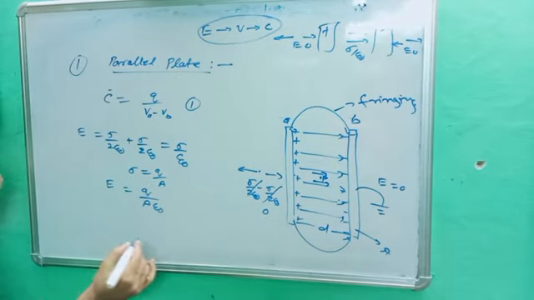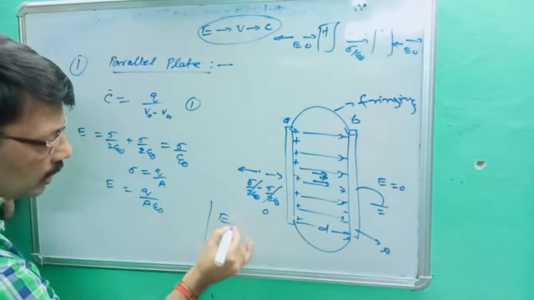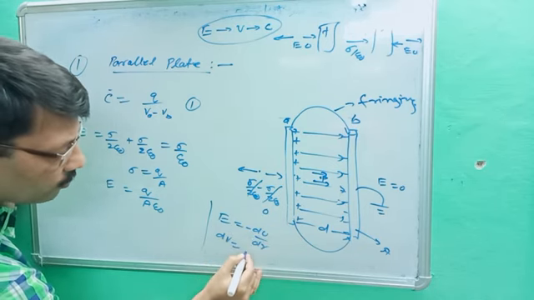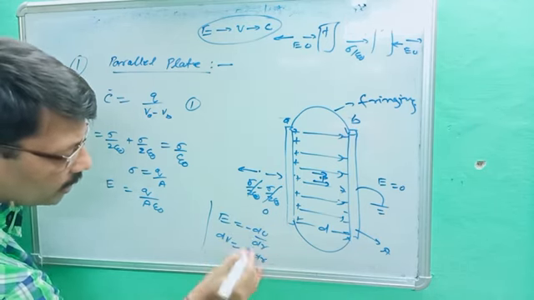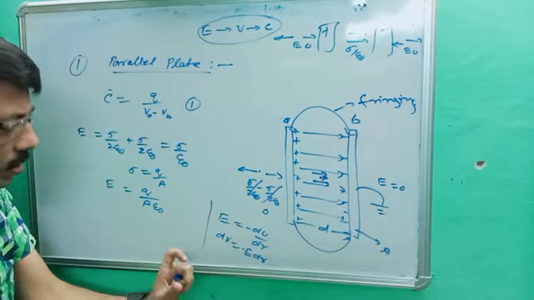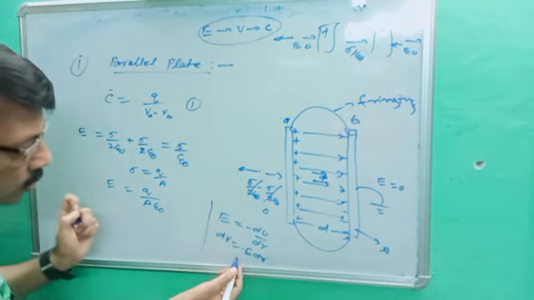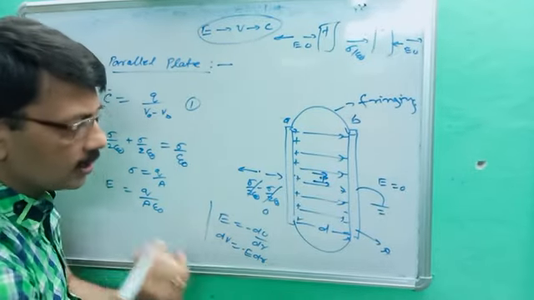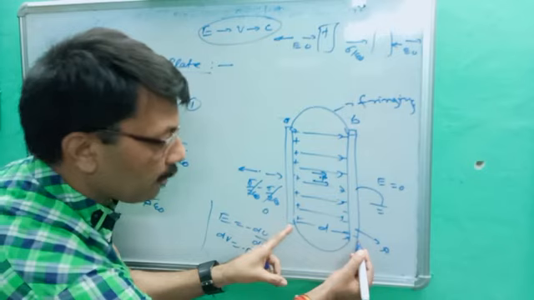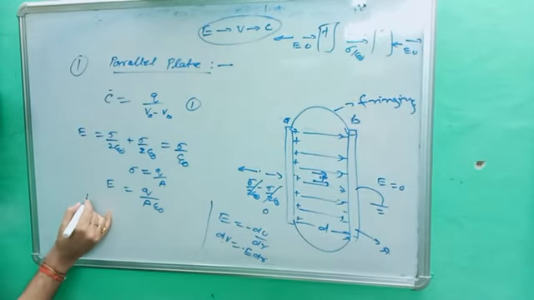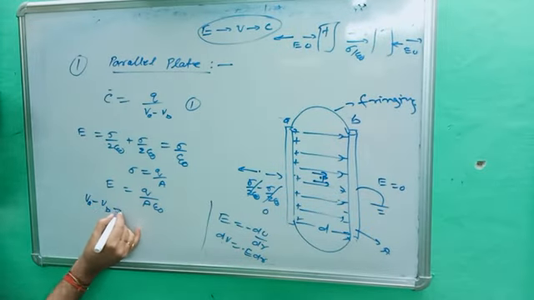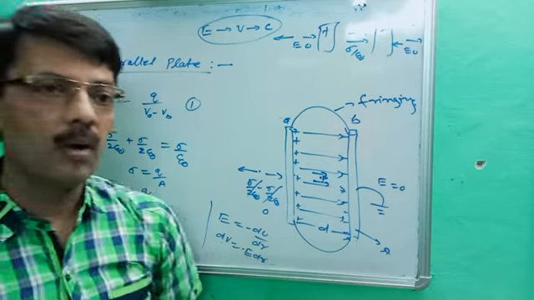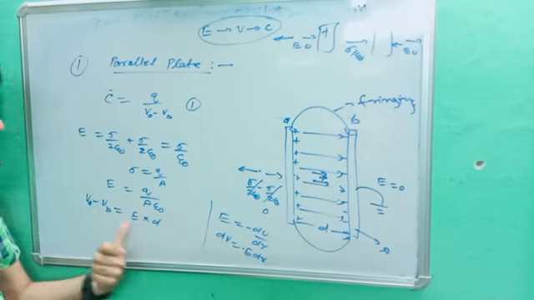Now we will use the formula E is equal to minus dV upon dr. So dV is equal to E dr. The minus sign indicates the opposite field, so I am not going to consider minus. Potential is equal to electric field into distance. So what is the electric field, and what is the separation distance d? Very easily, the potential difference VA minus VB is equal to E into d. This is the relation between potential and electric field.